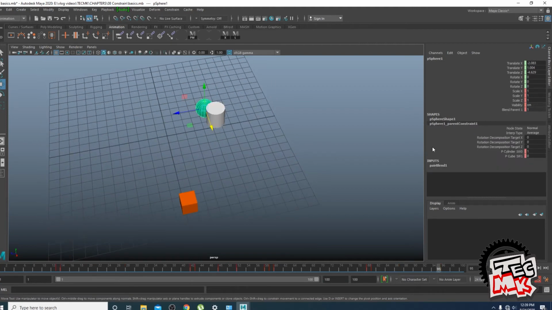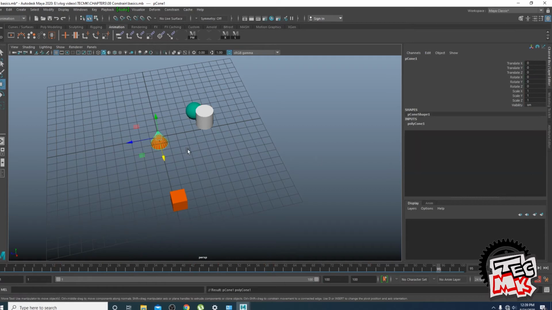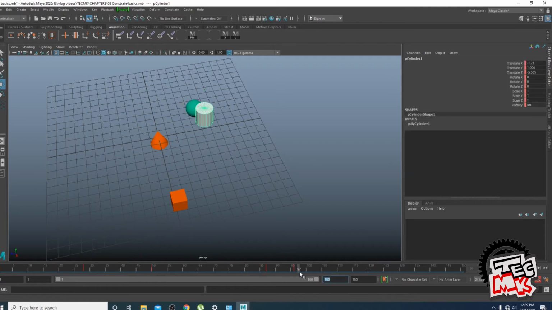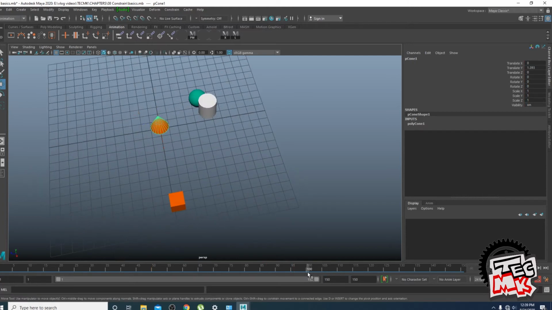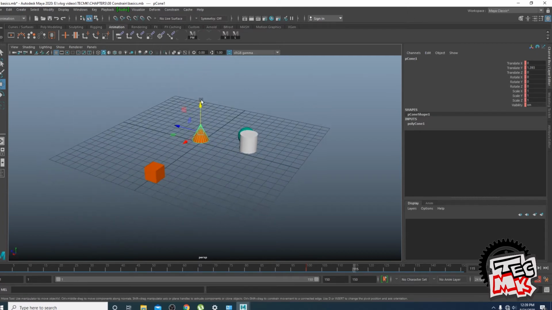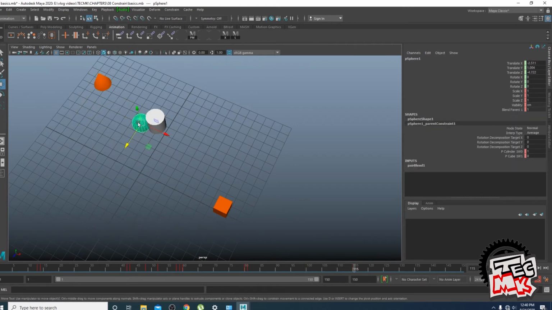Please pay attention to two different options. One is the blend parent and another one is the controller of this constraint. Now create a cone. After 96, we want a new object to take control over this sphere. From 100 to maybe 120, we'll move it somewhere here so that we can see it is passing by the side, and we want the cylinder to take the sphere along with it.